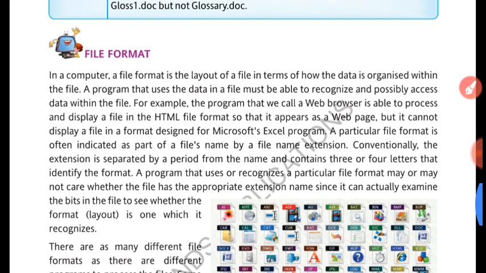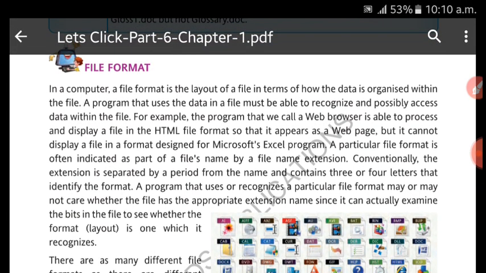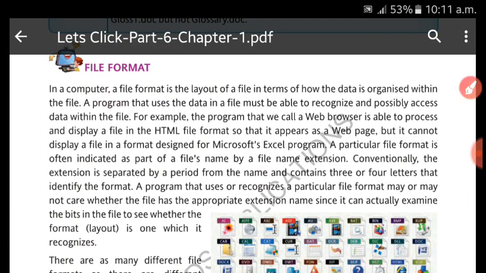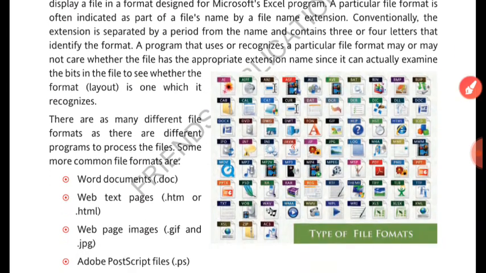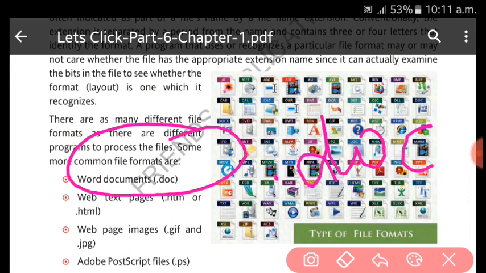Our next topic is file format. Remember, whatever file we create, every file has a format. Such as, if you create a document file in MS Word, that file will have the format .doc. Now how can you know about this?